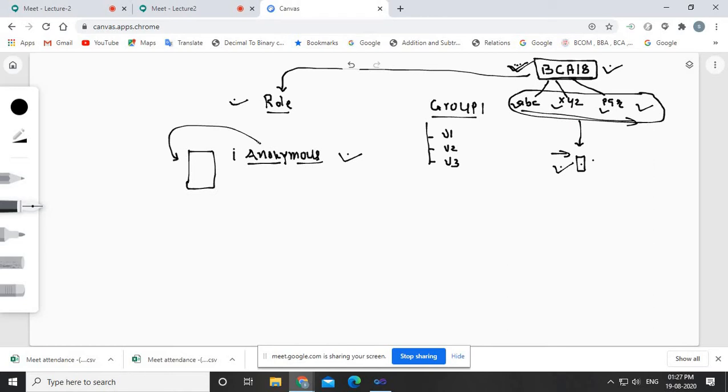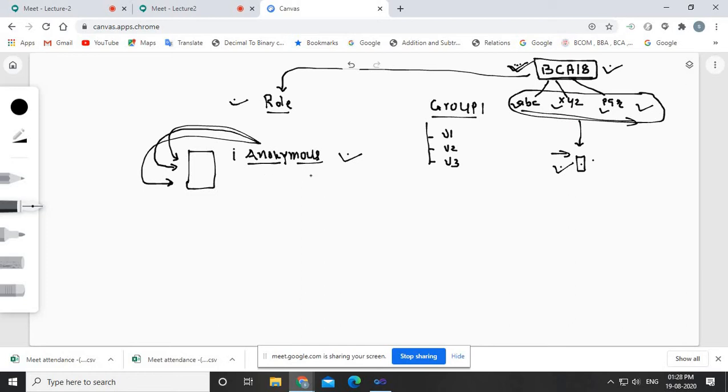Yes. Will you allow this anonymous user to see the various categories of the product? Obviously yes. Are you going to allow this anonymous user to see the product, see the category, or compare the products? Yes, we will allow.